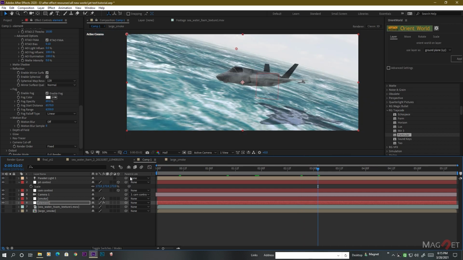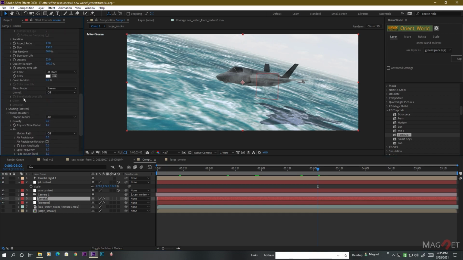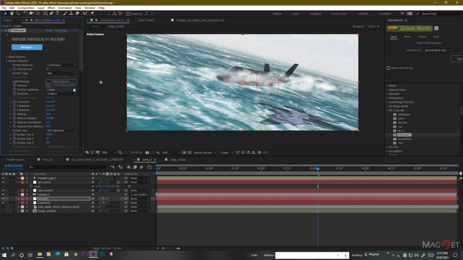So our smoke layer is here, and maybe for now we increase the opacity so we can visualize this, and then we go to its position and place it here, and also increase the Z scale like this,